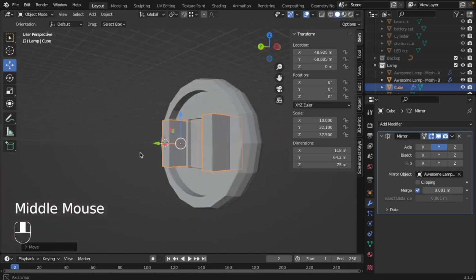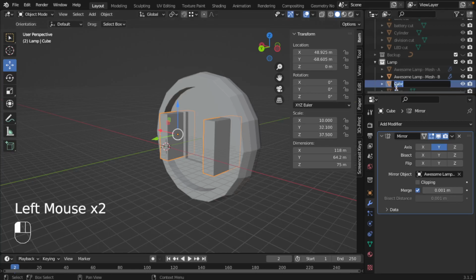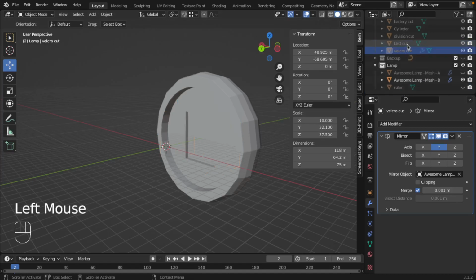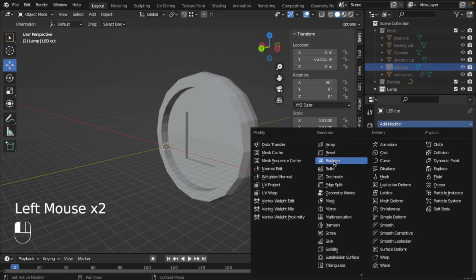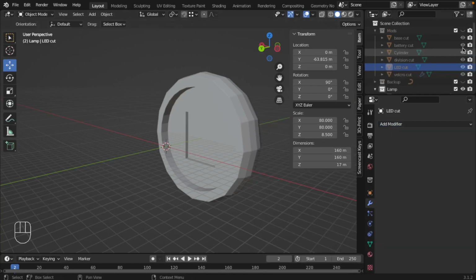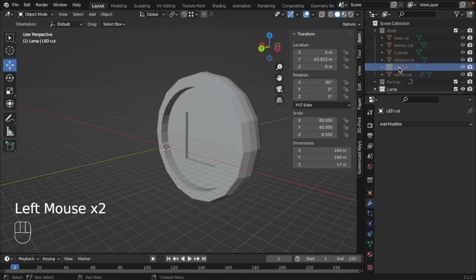That's too big. Just wait up. I'm gonna use these Velcro cut to cut the LED cut. So if I go to the LED cut, do a modifier. Well, I'm not seeing it, but if I turn it on, I'm selecting that. You can just select it here. So that's why it's good to have names. So the LED cut, this cylinder that cuts here once,